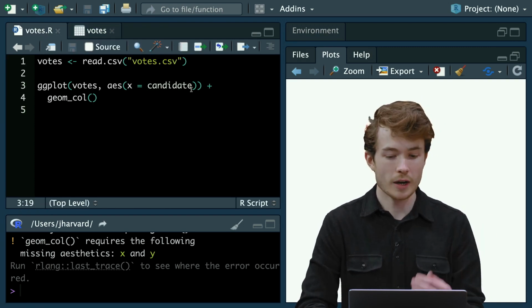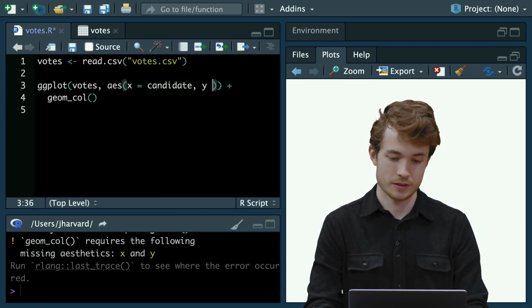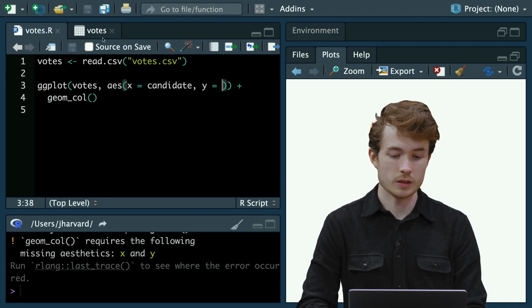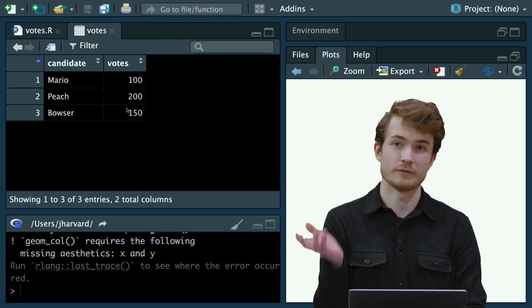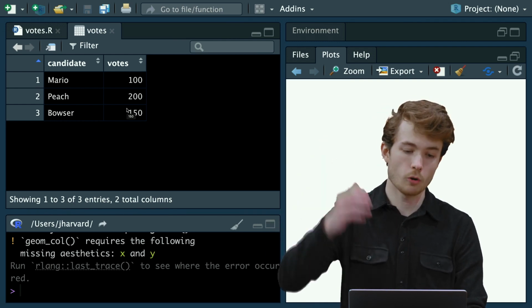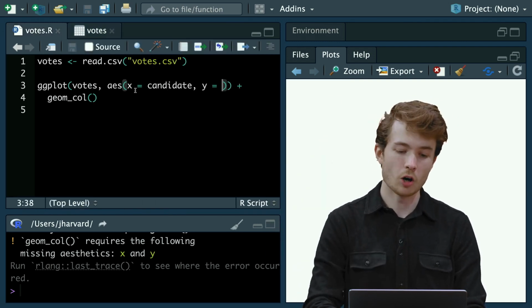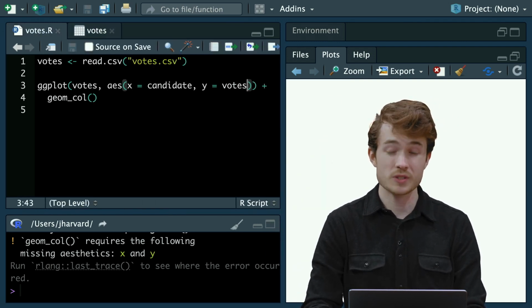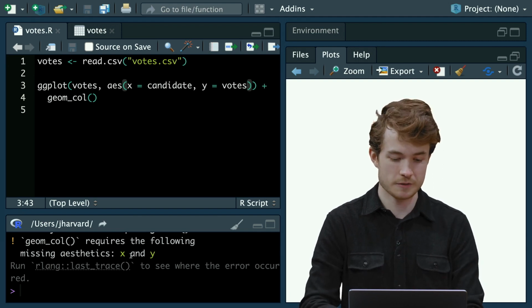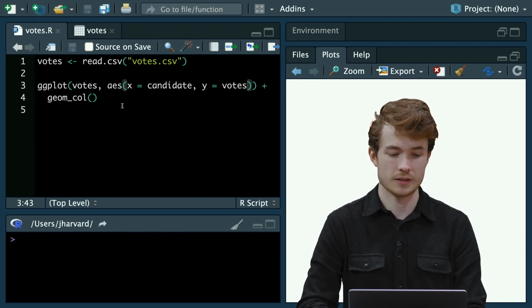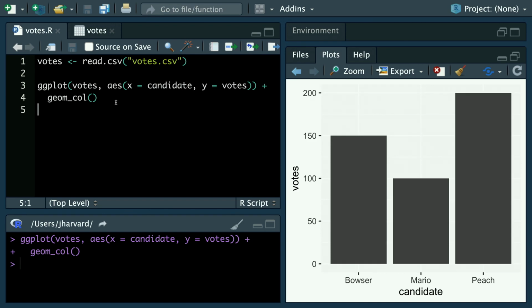Now I'll do the same for the y column. Well, the y aesthetic is going to be mapped to the votes column. So the votes column should control the y-axis effectively. I'll go ahead and say that y equals votes. And now, with these aesthetic mappings specified, I should be able to visualize this. I'll go ahead and run line 3, and voila, we have our very first plot now created with ggplot,